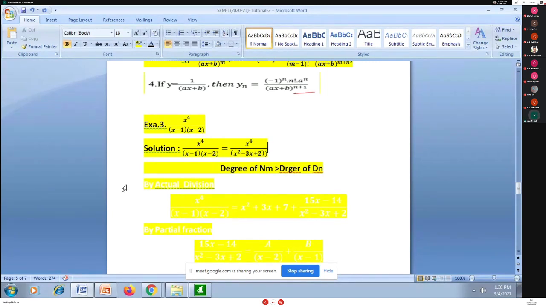At that time you have to go for actual division. Actual division means I have to divide x raised to 4 by the polynomial x square minus 3x plus 2. I will come back to this example and show you how to do the actual division in one of